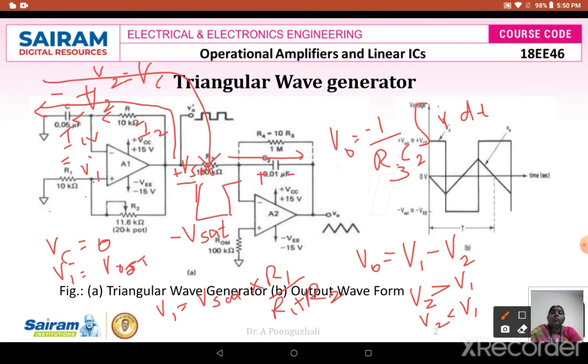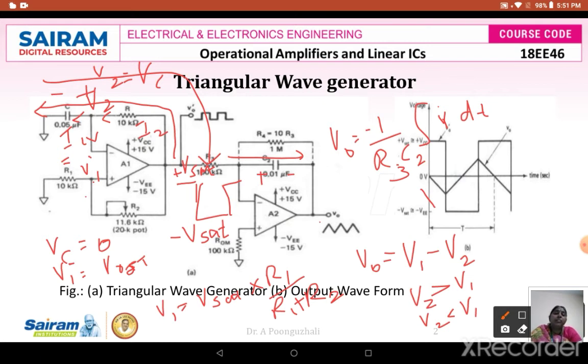So when I have positive V saturation, my output voltage is going to be negative. If the input voltage is negative, the output will become positive. So when my input voltage is positive, my capacitor is going to be charged, but in the opposite direction, since it is the inverting terminal. Inverting means my output will be inverted. So when this is a positive charge, it means negative. I am going to have a negative-going ramp like this. So you can see that my ramp is going to be a negative one there. So during plus V saturation, the output when the capacitance is charged is going to be in the negative direction, and I am going to see what the voltage across the capacitance is there.